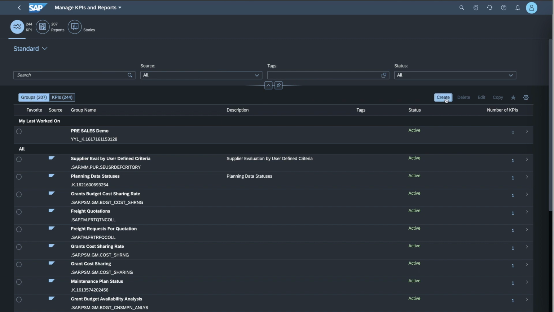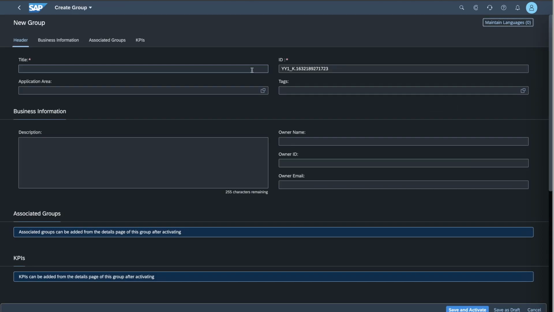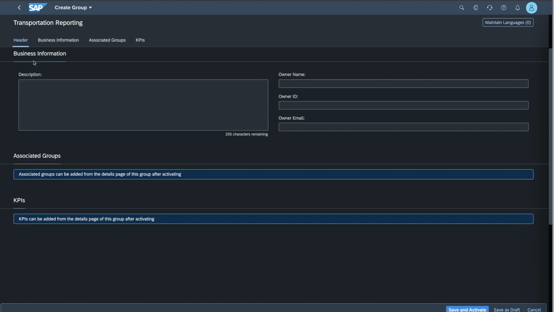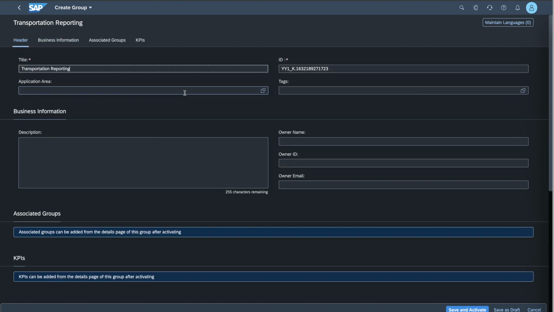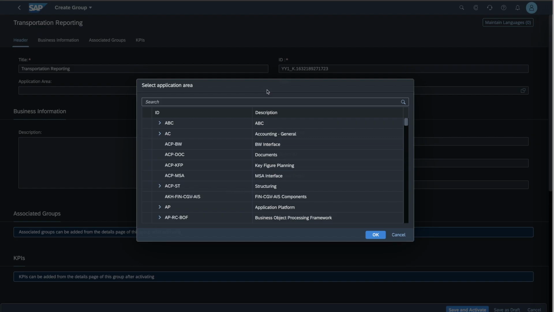So let's go ahead and create, and we'll call this transportation reporting. Very original. And as you can see by the little red stars, that is really the only mandatory piece of information that I need to put in there in order to progress. I would certainly encourage you to add some more information to make it as